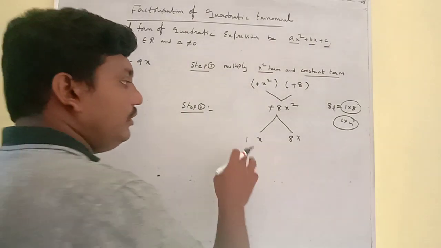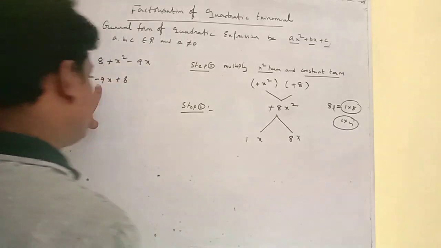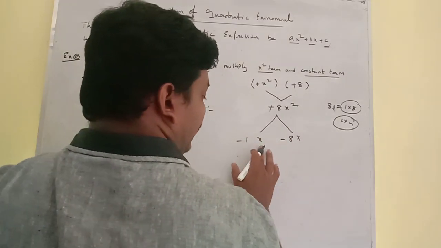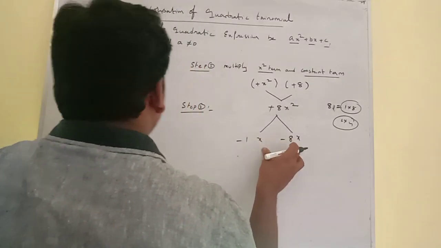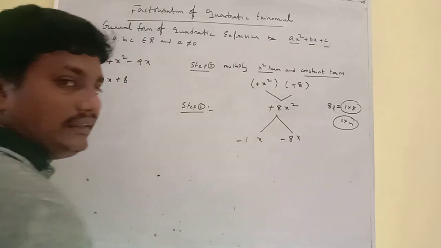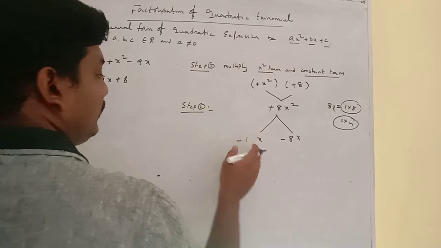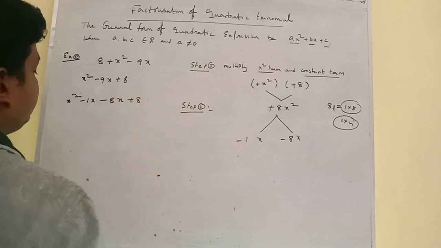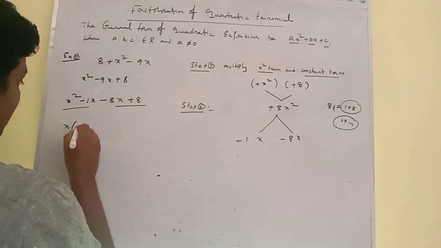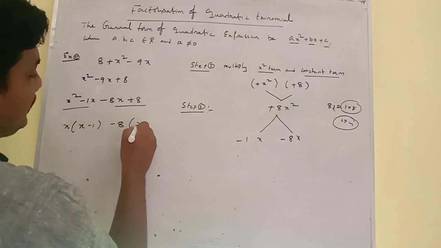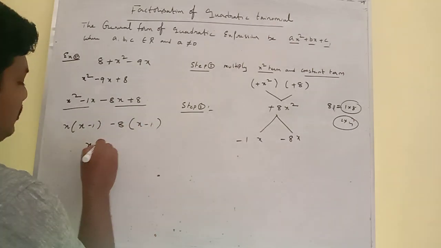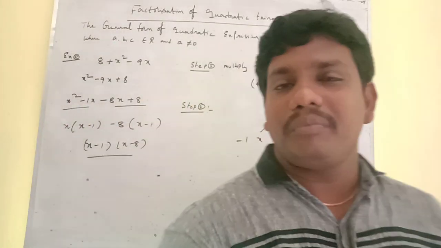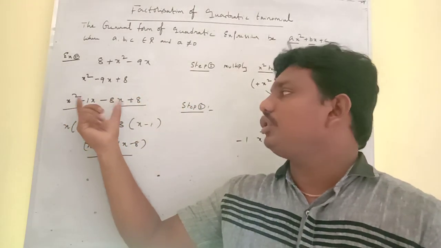For this addition, which symbols do we have? Here the required symbol is minus, but the given symbol is plus. That means when you take two minus signs, that is minus 1x and minus 8x, it becomes minus 9x, and minus into minus is plus, so now it is satisfied. Now replacing 9x as minus 1x minus 8x plus 8. Grouping these two terms, x is common, x minus 1; minus 8 is taken common, this is x minus 1. Now x minus 1 taken as common becomes x minus 8. Now this is called factorization, very simple, by splitting the middle term into two terms.